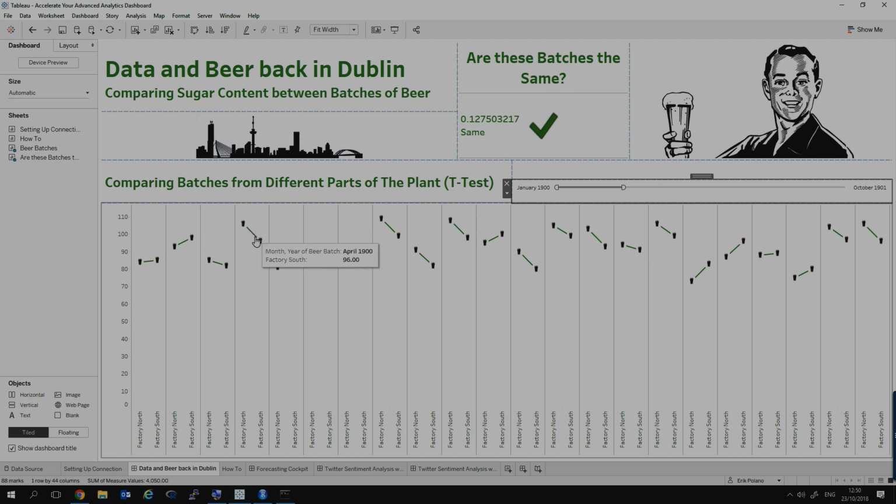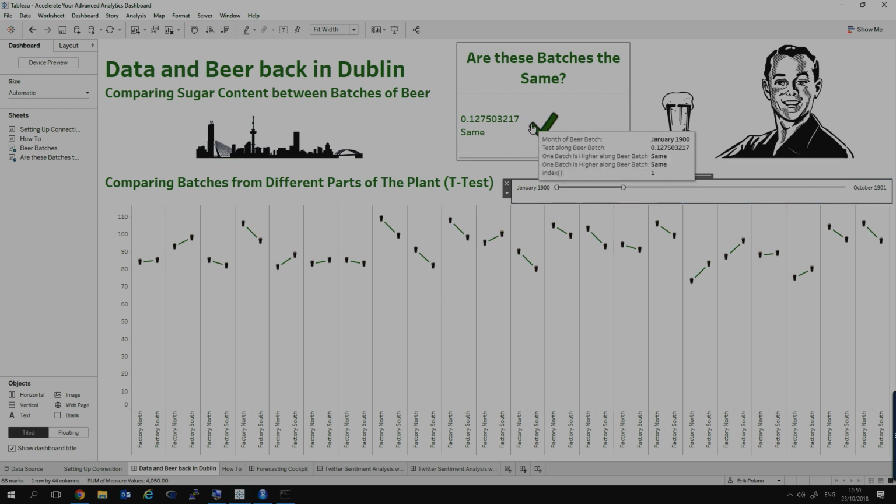And I see that there are certain inconsistencies maybe in some of these, but I want to be able to judge whether or not these are in fact the same, or if they're different in terms of their consistency. And what I'm getting here at the very top is that value from R, which is my p-value, to determine whether or not I can reject my null hypothesis of these batches being the same.